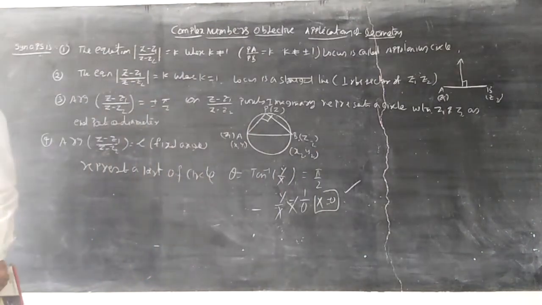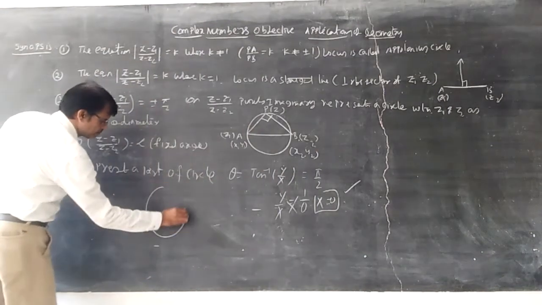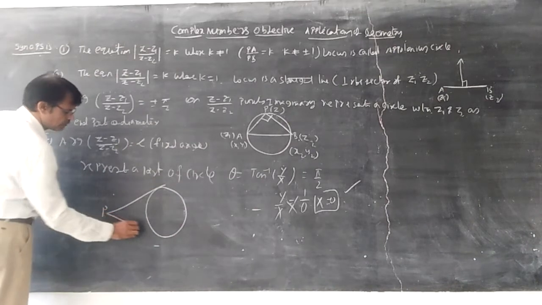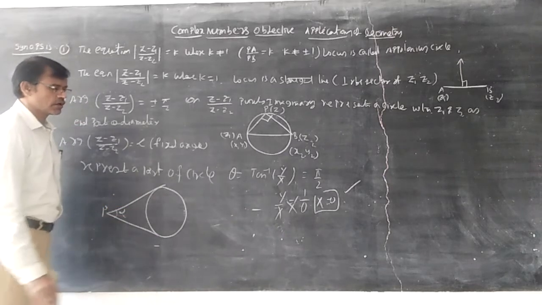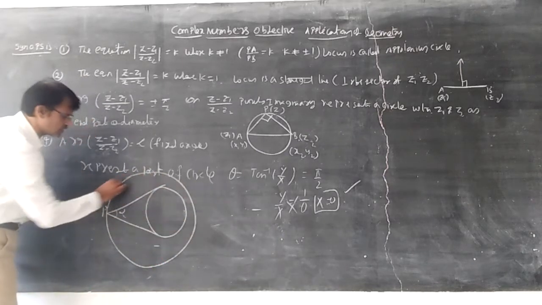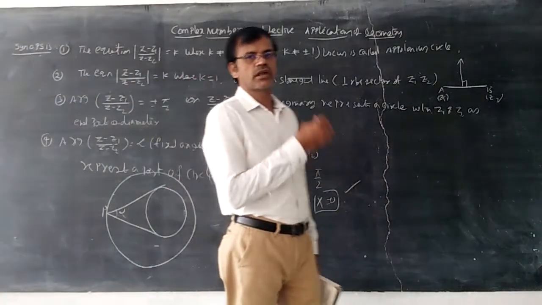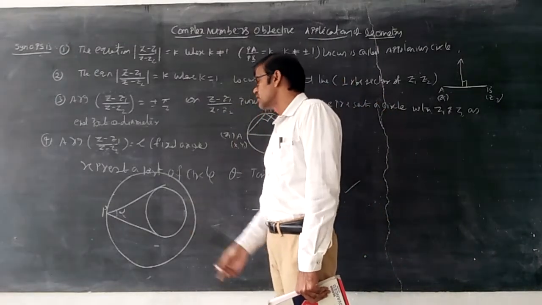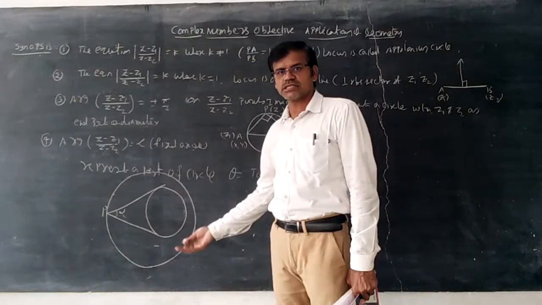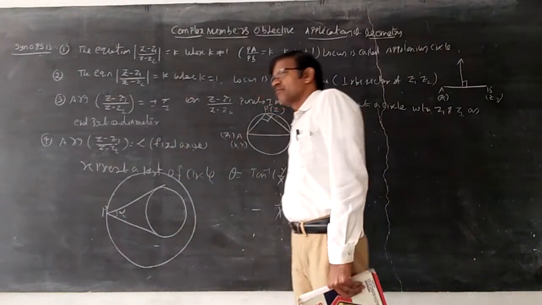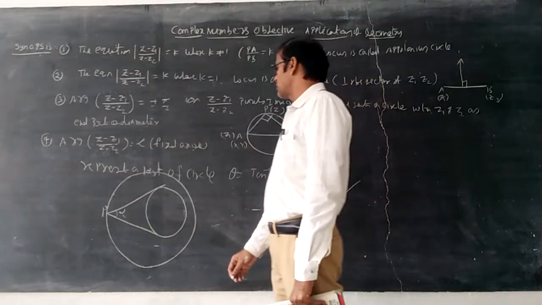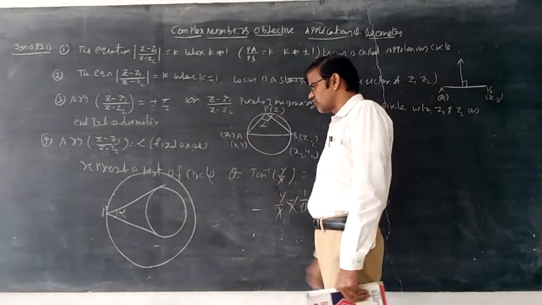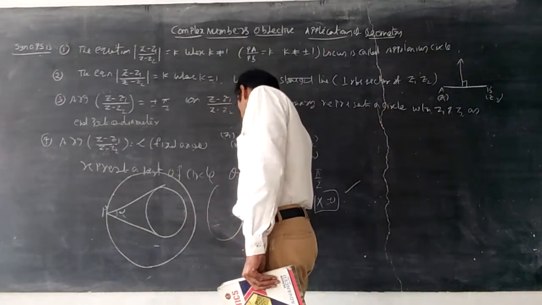In general geometry, we proved that if P is any external point and the angle between the tangents is alpha, then the locus of this point is also a circle concentric with the given circle, x square plus y square equal to a square plus secant square alpha by 2, like we have proved. In a similar way, you can say this is a part of a circle, maybe concentric or anything, using geometrical concepts regarding the complex numbers: (z minus z1) by (z minus z2) is equal to alpha. So it is not only the outside case. Like this also you can understand.